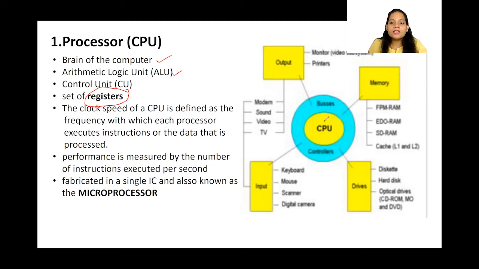Okay, as you can see here, there is a CPU and there is a bus. Buses are nothing but a cable. These cables are used to transfer data. They are used to transfer addresses, and they are also used to transfer the control signals. This we are going to see in detail. So CPU communicates via bus with our output devices, with our input devices, with our drivers.